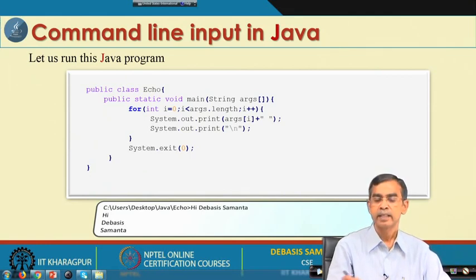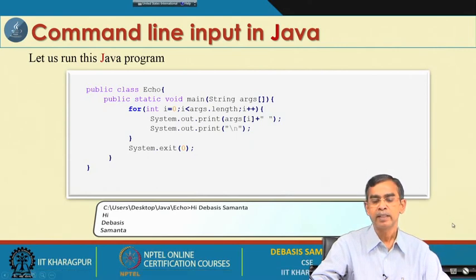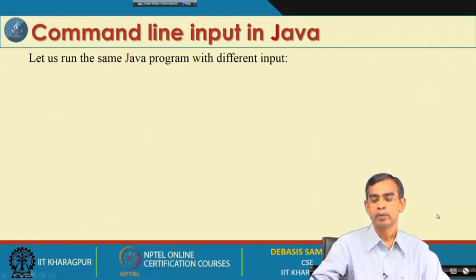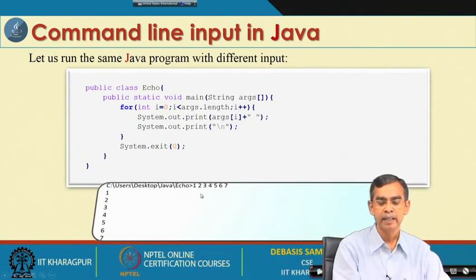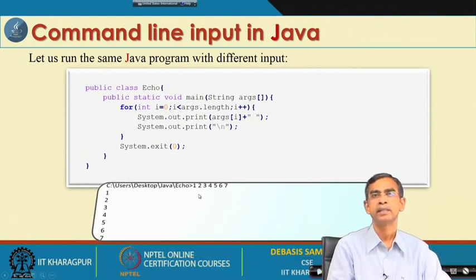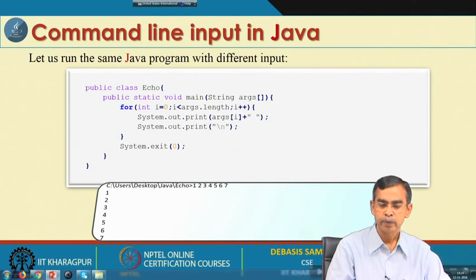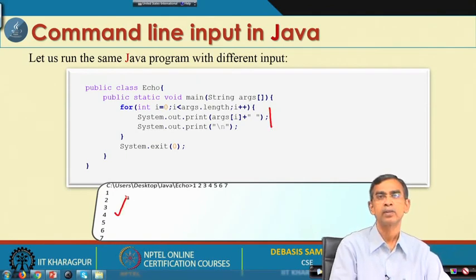Now, again the same program, if we run it with different input, for example, say this is the program, again the same, the input is like 1, 2, 3, 4, 5, 6, 7. So, here you can see the length is 7, and the starting element is at args[0] and the last element is args[6], and if you run this loop, then it will print all the elements one by one as this one. So, this is the output that it will print.